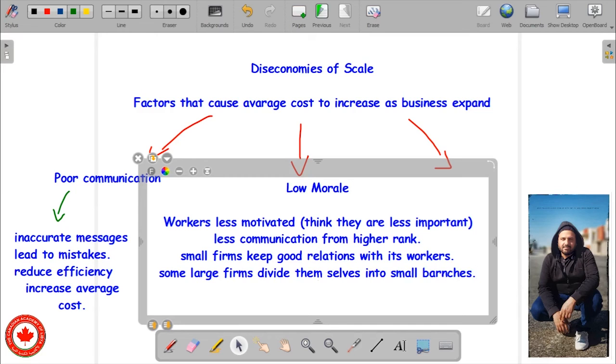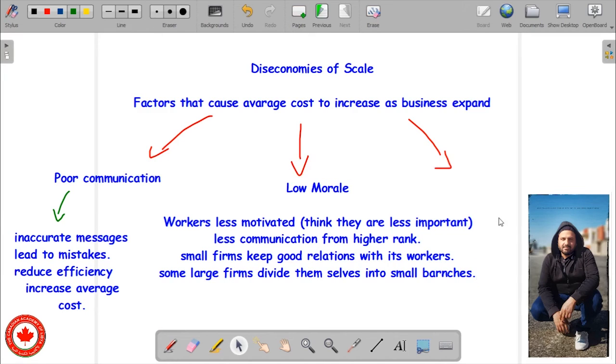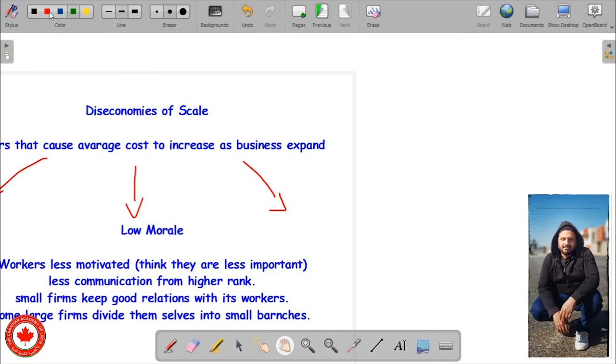As the workers become less motivated, this will lead to less production due to the drop in efficiency. Number three, the third diseconomy of scale, which is going to be here,